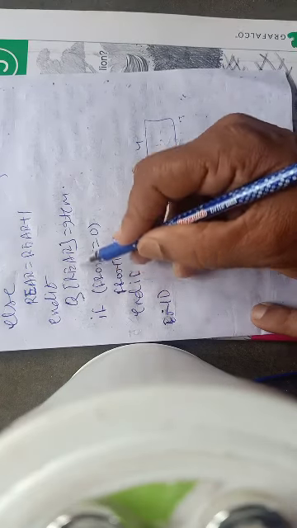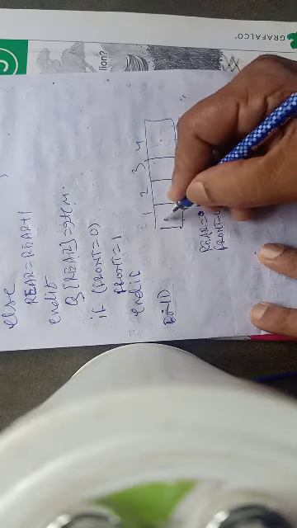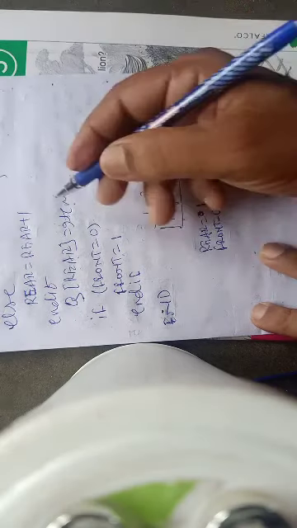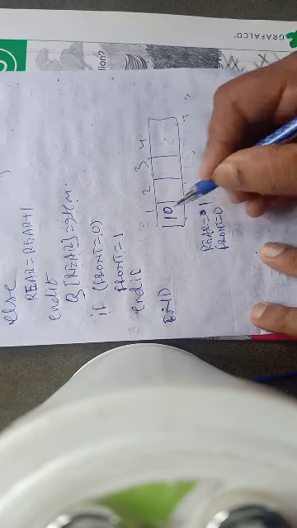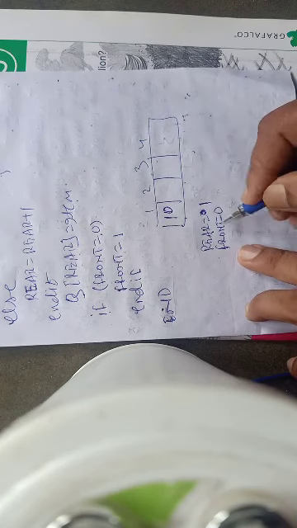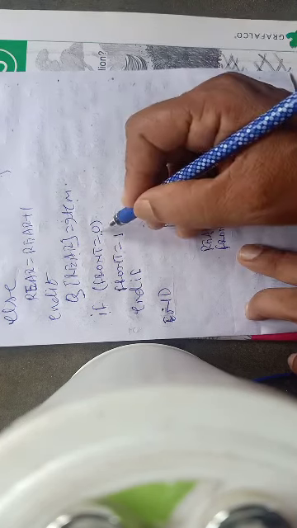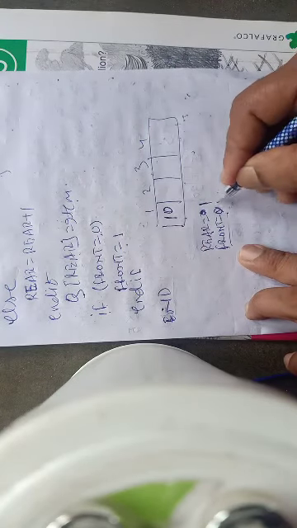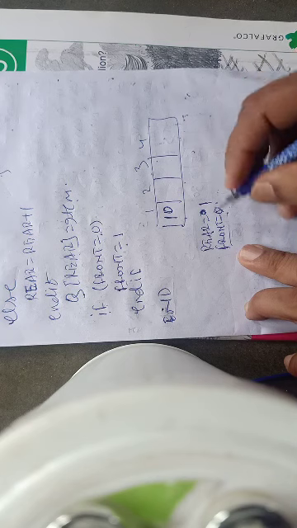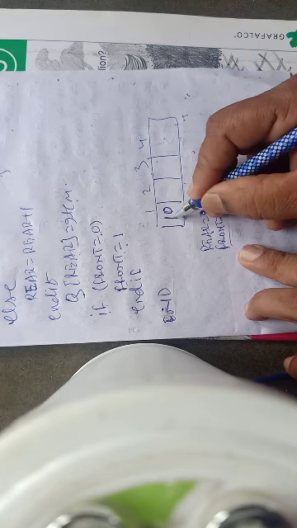And then we assign Q of rear equal to item. Let's say the item is 10, so 10 is assigned. Now it will examine if front is 0, because when the first item is inserted, the value of front should also point to the first item. So if front equals 0, yes, front is 0, so make it 1. Now front becomes 1, so rear and front are both 1.